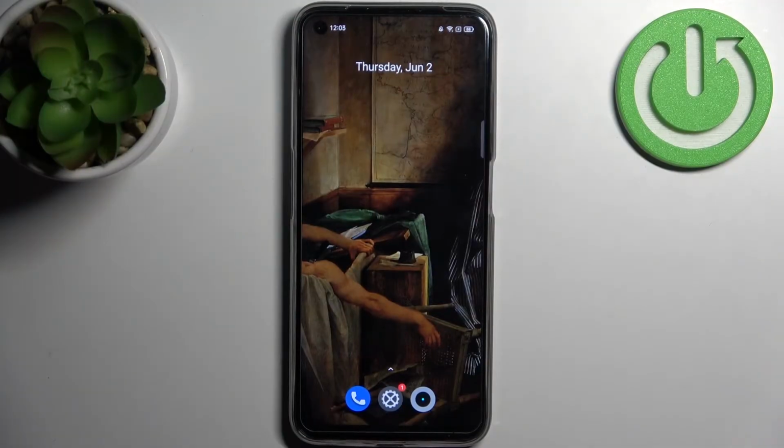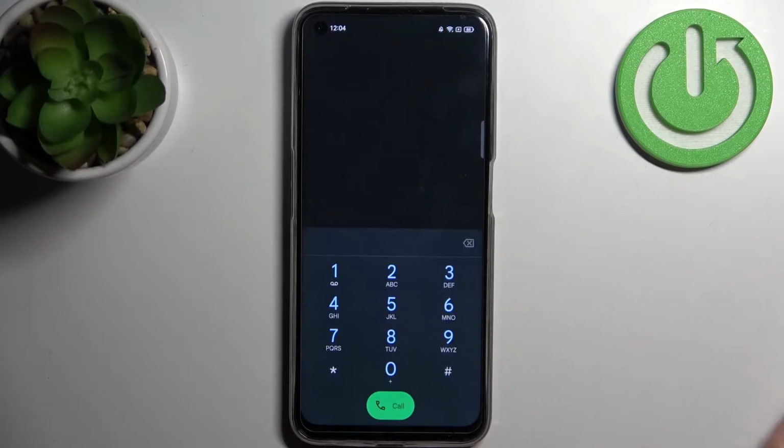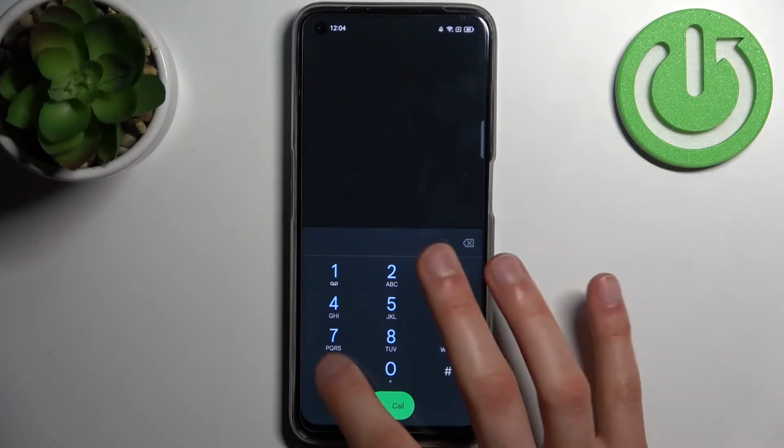Here I have REALME Narzo 50, and today I'm going to show you how to enter secret codes on this device, and also will show you some of these secret codes. So to enter secret codes you have to open dial pad on your REALME, enter secret codes here, and the first code for today will be